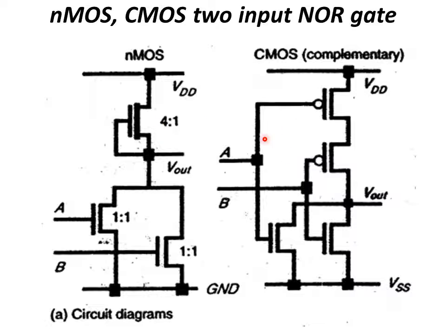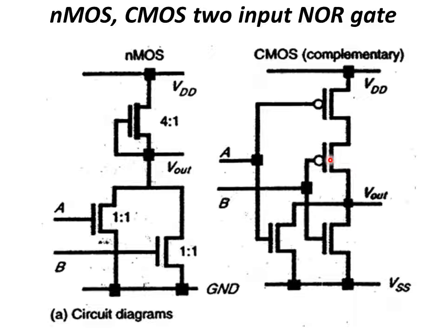Similarly, coming to the CMOS based design, at the pull up network we have two PMOS transistors, and the pull down network is implemented by two NMOS transistors. The NMOS transistors are arranged in parallel form. Why? Because in the output equation we have the plus symbol, that is the OR operation between two inputs. Coming to the pull up network, we have implemented this design with two transistors which are connected in series form. Why? Because the design is like that only, right?